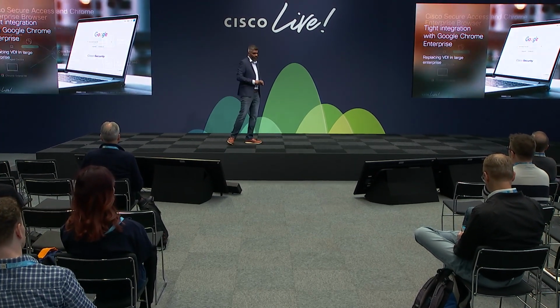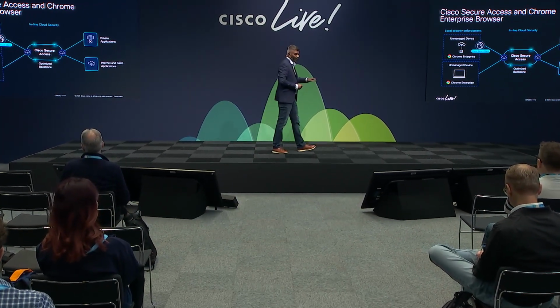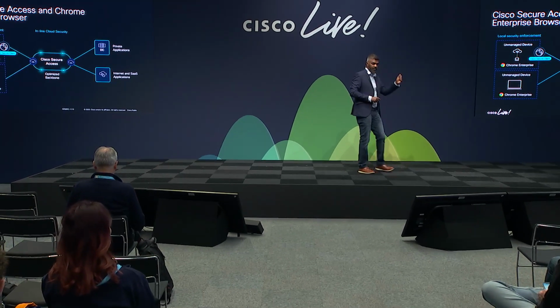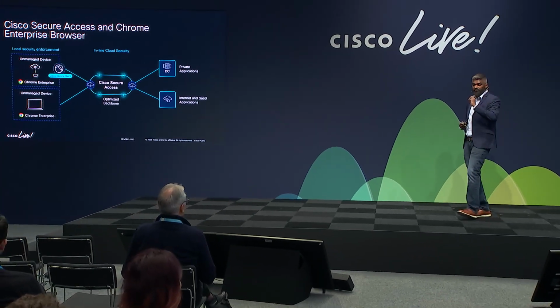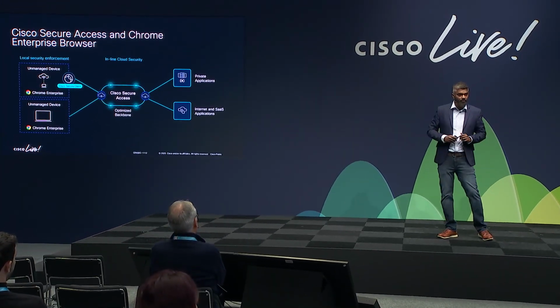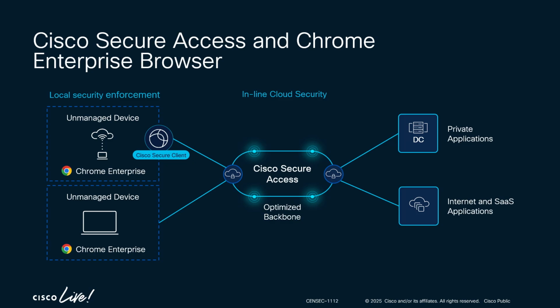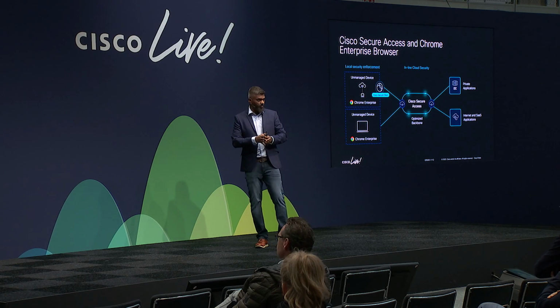Now, let me try to make this a little bit real, right? Let's take an example. If we have an unmanaged device, a device that we're unable to push an endpoint client to, we can do something very cool by just saying, hey, we're going to push a profile to this end user. And just using the browser, we can enforce security with local security enforcement on the browser itself to say things like, hey, I want to look for DLP data, I want to prevent copy-paste, and I want to prevent things like printing, and also things like watermarking. Or screenshots. I can block all of these using the local security enforcement that the Chrome Enterprise browser provides.